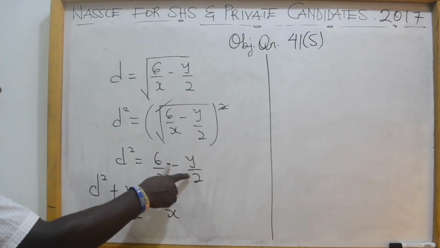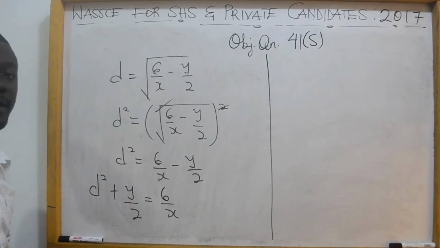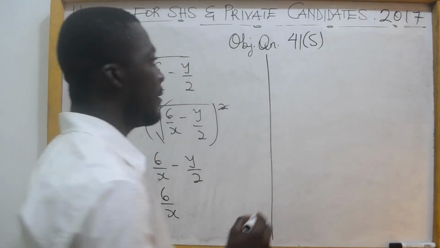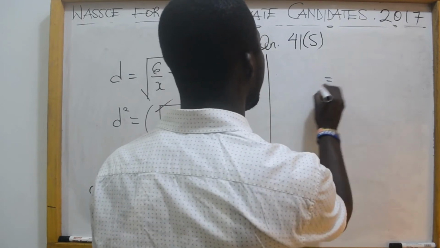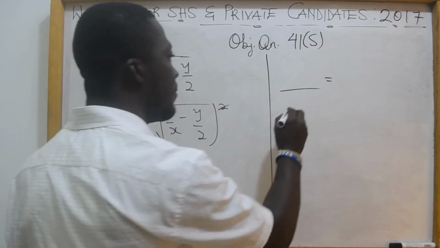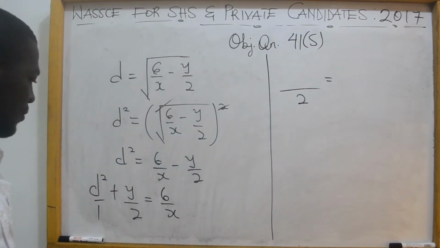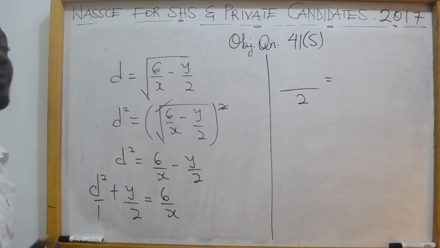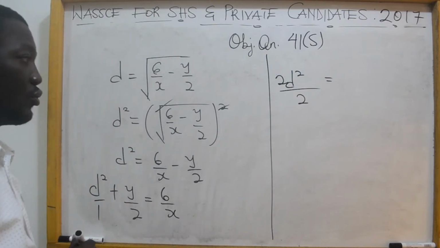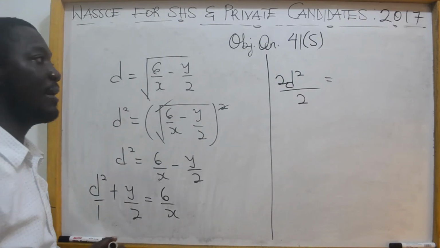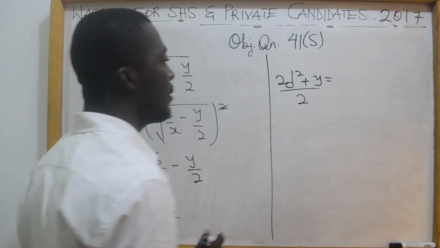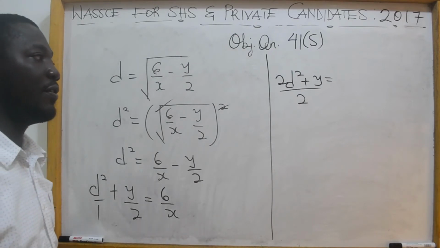It was negative here, so when it comes to the left hand side, it changes to positive. The next thing, we find the LCM or the LCD of the left hand side. So this is divided by 1. 1 and 2, the LCM is 2. 1 goes into 2 is 2. 2 times d squared is 2d squared. Then 2 into 2 is 1. 1 times y is y. So our y, 2d squared plus y over 2 is equal to